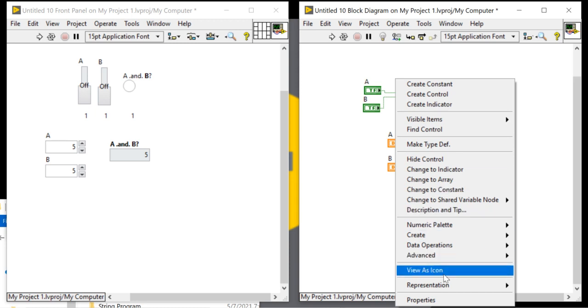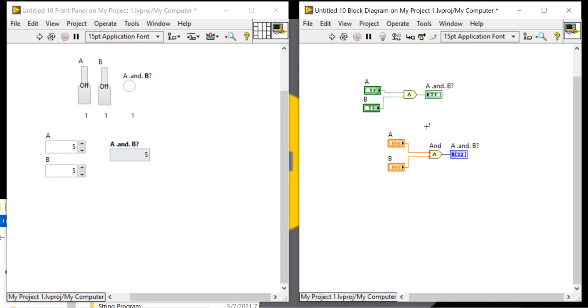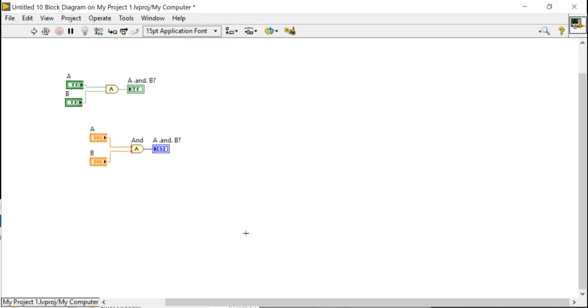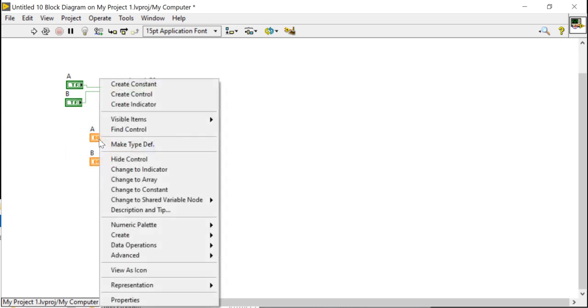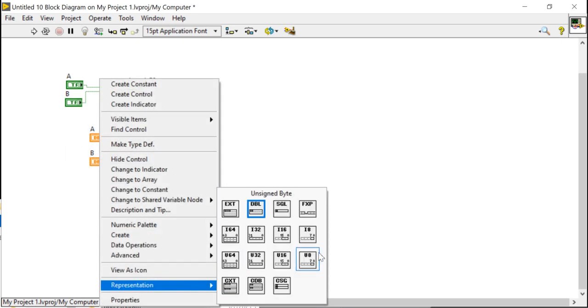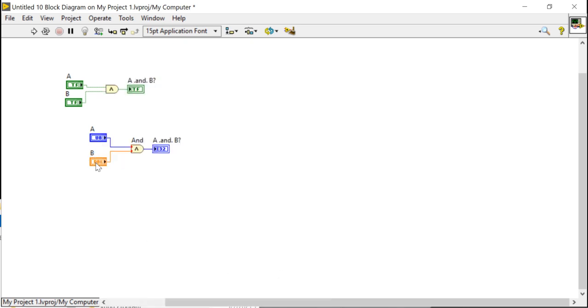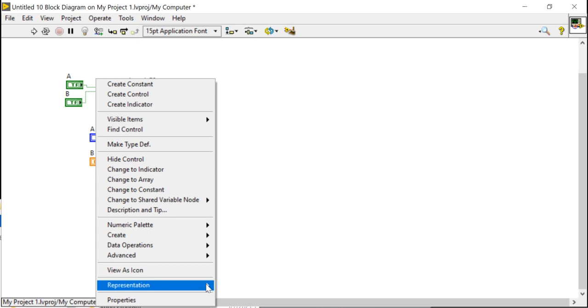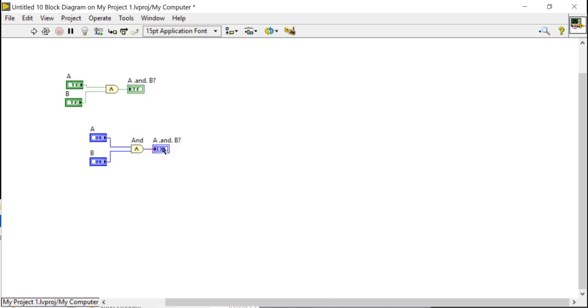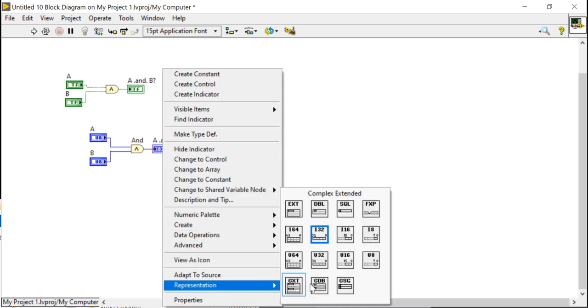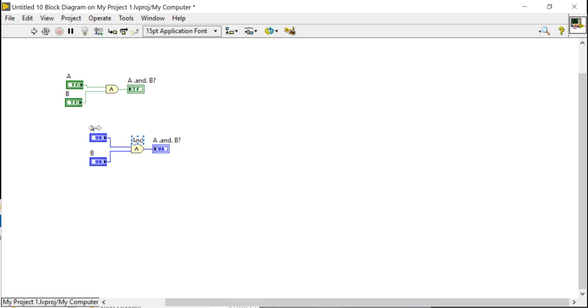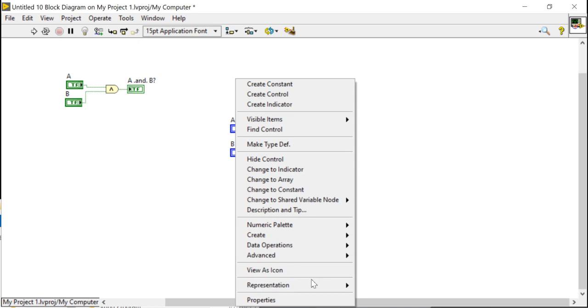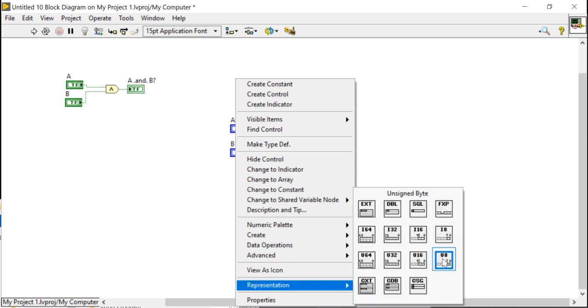Right click, come into the representations. I am taking unsigned integer U8 here, and here, and here. I had converted all A, B and C by right clicking, representation, unsigned integer.